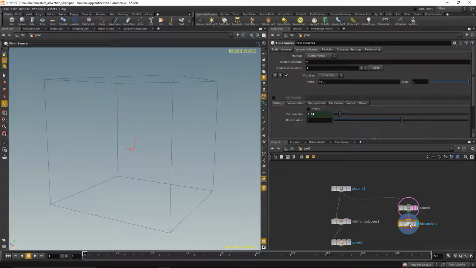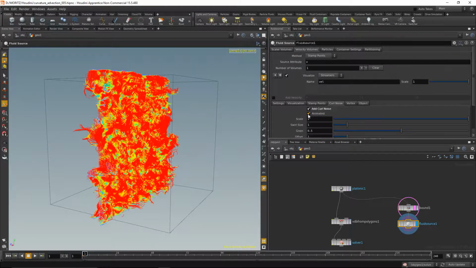Okay, the thing we need to do now is add curl noise to our velocity volume. A velocity volume, by the way, is just a volume which stores vectors on each voxel. So it just stores a direction and a magnitude. And we can add curl noise to that by the curl noise tab and just switch on add curl noise,